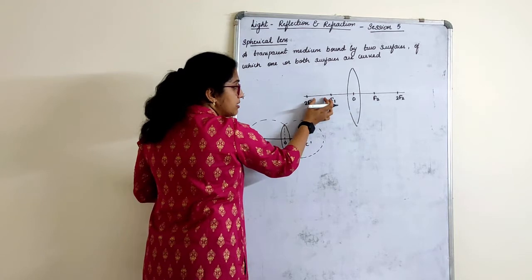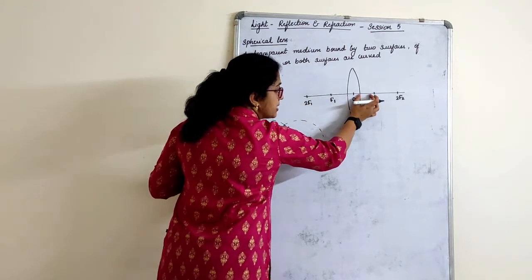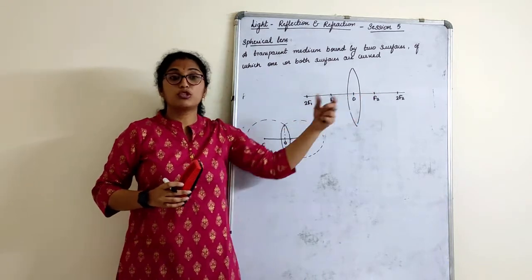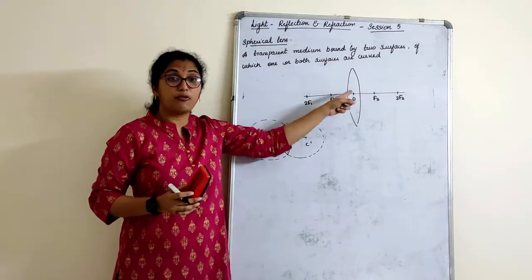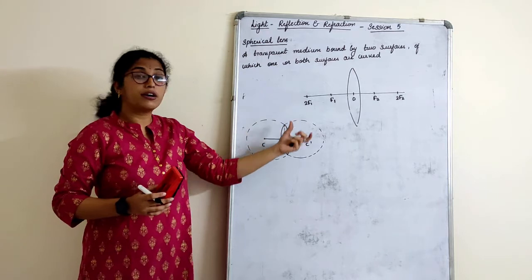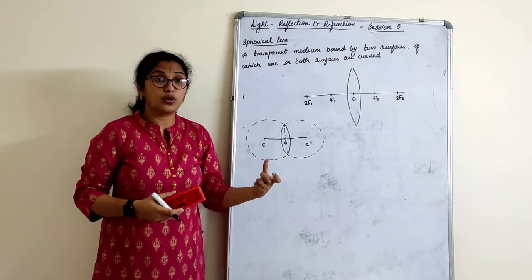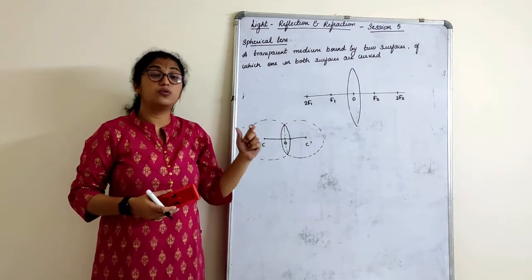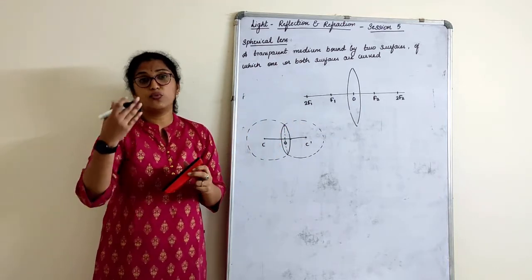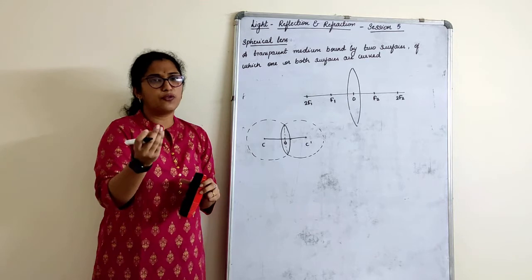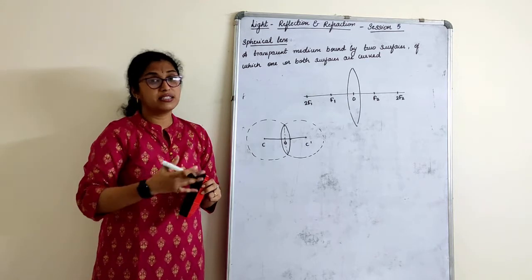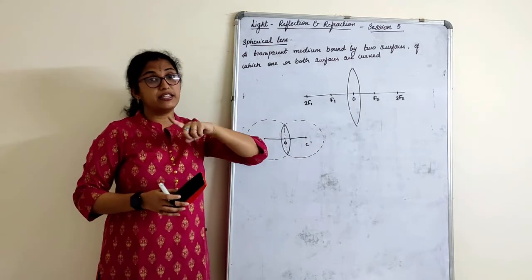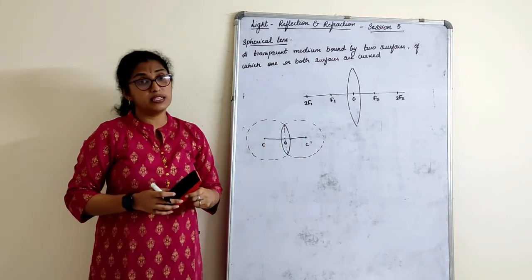Whatever you take here, the same has to be taken here, same as here from the optic center, and over here also. So all the measurements are again from the optic center. Now what is focus 1? What is focus 2? What is the curvature? What is the aperture? What is focus? We already know that. We had discussed that in the mirror part itself. I will again send that as a PDF to you along with this video.